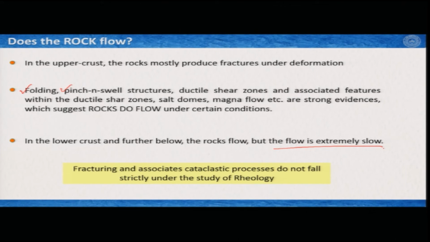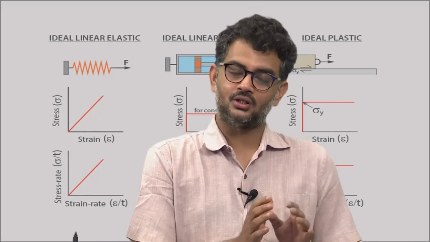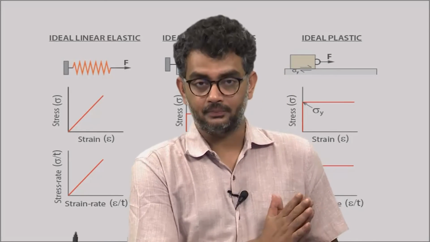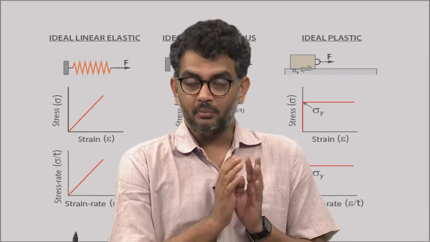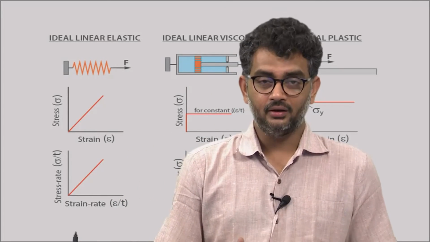So based on that, we now are convinced that the study of rocks under some conditions can be expressed or can be evaluated with this subject rheology that people have been using historically. And if we can do that, then maybe we understand the processes of deformation of rocks in a better and